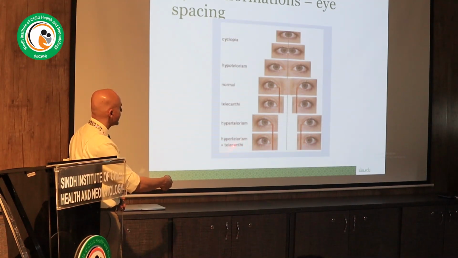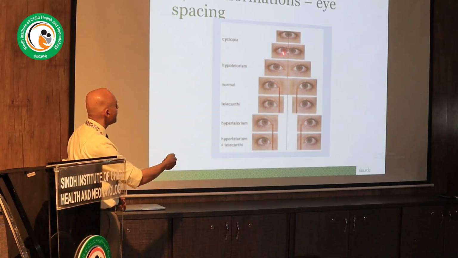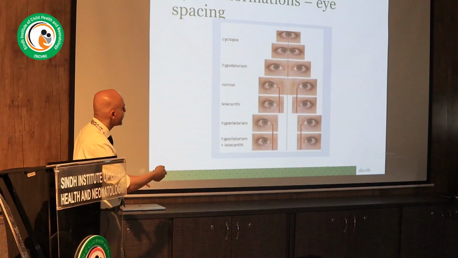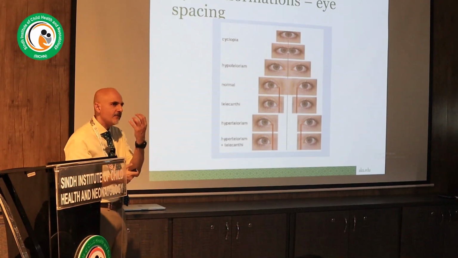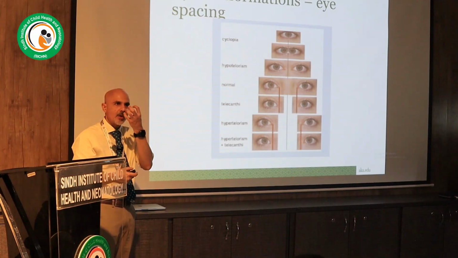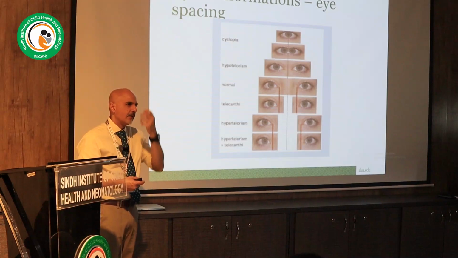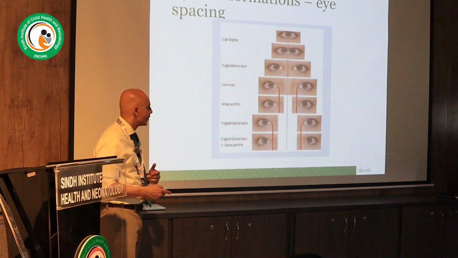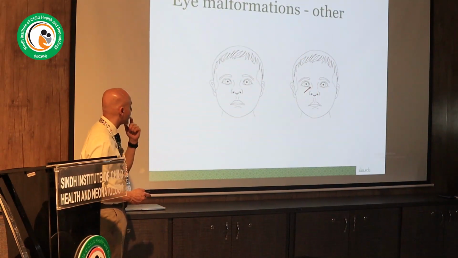so that's hypertelorism plus what we call telecanthus, and this is pure hypertelorism where the space between the two medial canthi is normal, but the interpupillary distance is still elevated. And then as you go up, you can see the hypotelorism, and then the most extreme version of this is cyclopia, where you have a single eye, and that can be seen with holoprosencephaly sequence and sometimes certain chromosomal disorders.